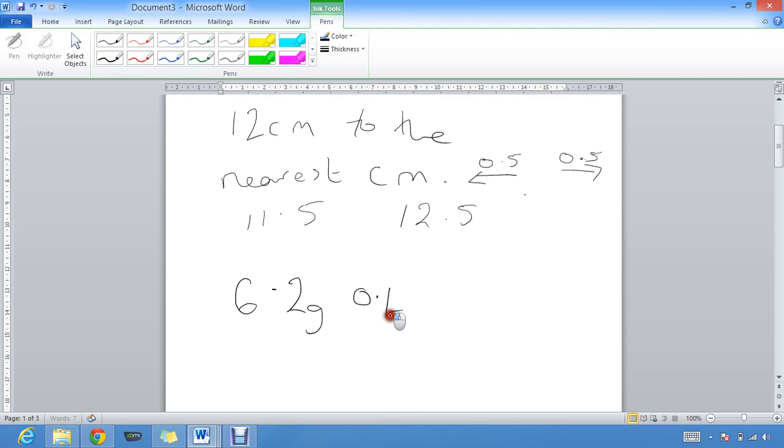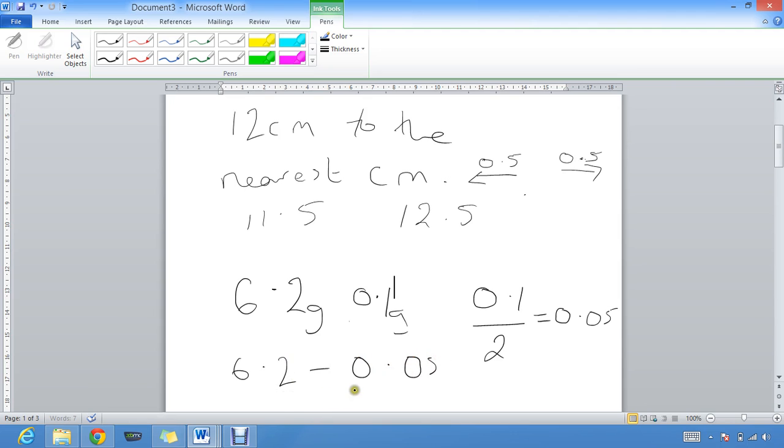So again, you have to do 0.1 divided by 2, because the error can be both ways. So it could be some points less or some points more. So if you do 0.1 divided by 2, that would be 0.05. So therefore I'm allowed to go,